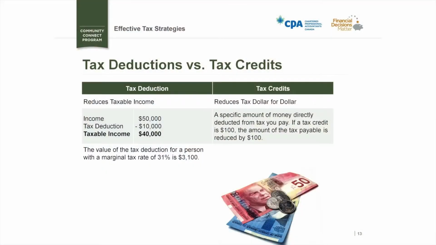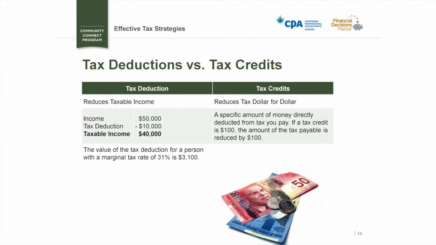One of the things that's not always understood and that's important for people to be aware of is the difference between a tax deduction, like interest expense that we talked about, and a tax credit, like we'll go through some of the credits in some later slides. And that is, a tax deduction actually reduces your income, and then that income is subject to tax. So if you have a tax deduction of $10,000, whatever your tax rate is, that's the value of the